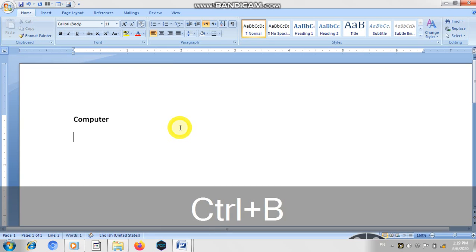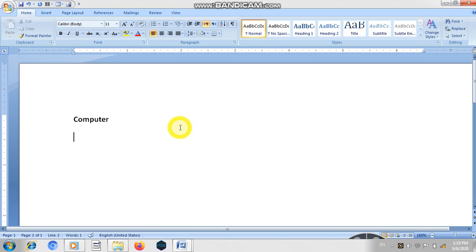So again I'm going to type something like book. Similarly you just have to select it. You can also select a word by dragging the mouse, or if you want to select the whole document you can select it by Ctrl plus A. Here you just have to select, as you can see, it is highlighted in blue color, so you have to click here on the option of italic. As you can see, the style of this word is changed because I applied the italic option.